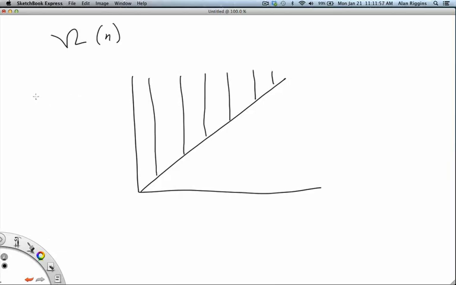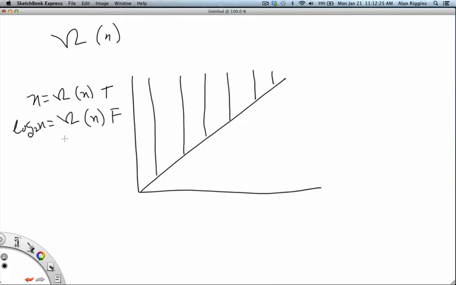So, is it true that n is equal to big omega of n? Yes, this is true. It is on the line, therefore it is true. Log of n is equal to big omega of n. This is false. It is not in the shaded region. The log function grows at a rate slower than n, therefore it does not grow at a rate equal to